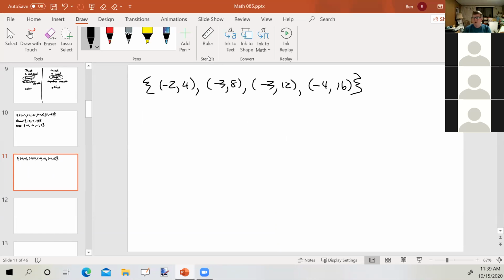Does this appear to be a function? Would it be yes? Because